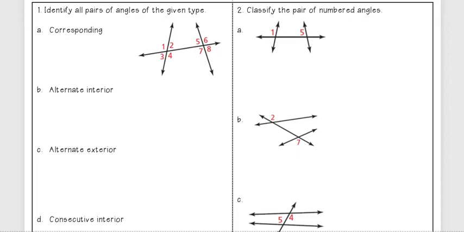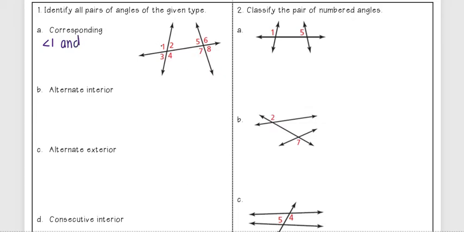Okay, so now for these examples, we are going to identify types of angles given a picture. So for this first example, we're just going to go ahead and identify all pairs of angles of the given type. So starting with corresponding, I'm just going to go ahead and start with these four angles and find the corresponding angles from there. So starting with angle 1,